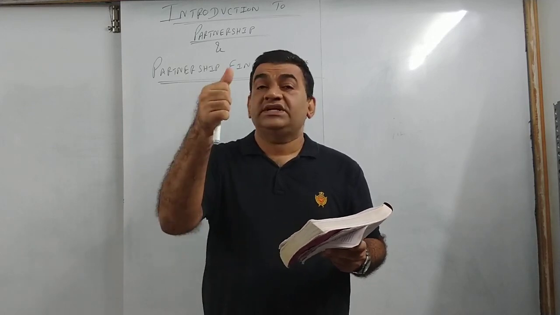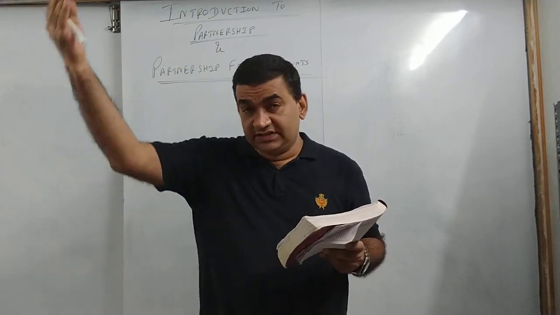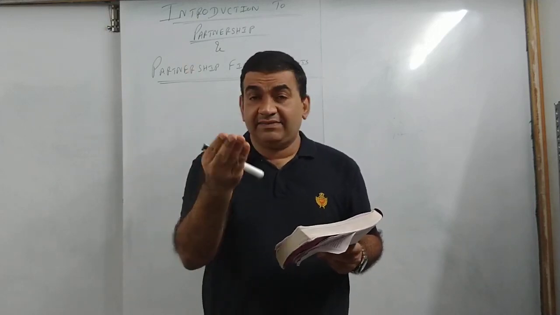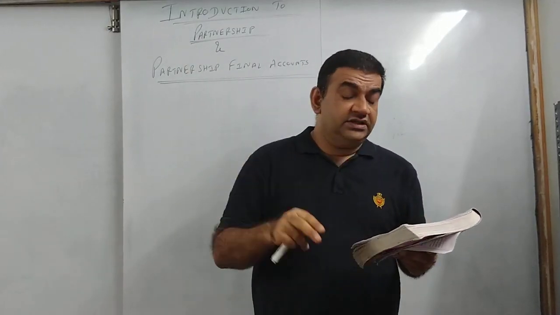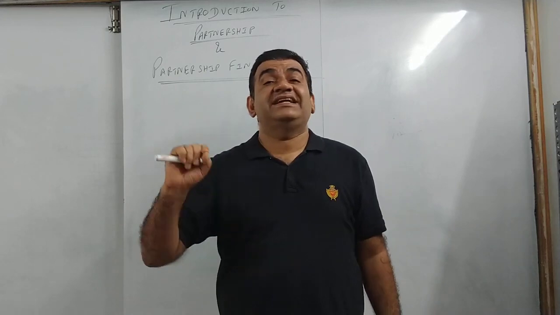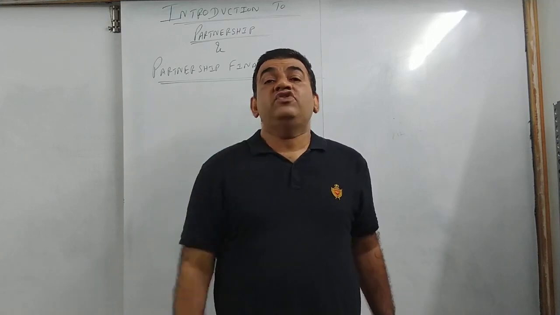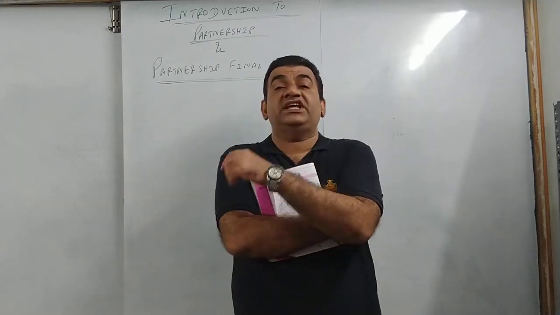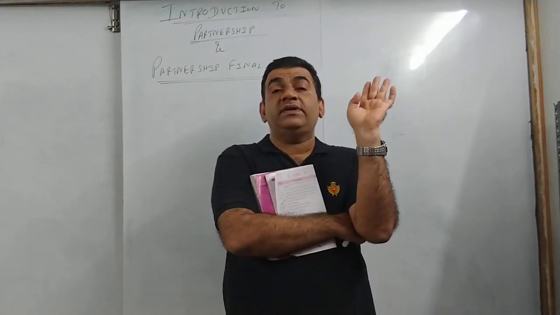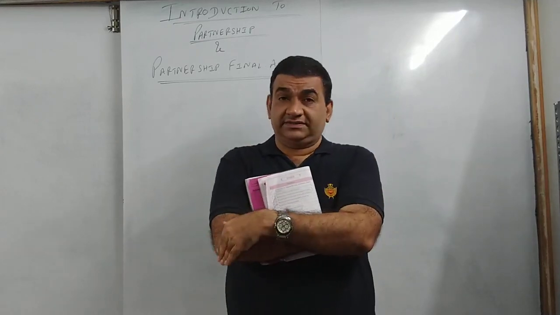That means what? What is the name you have decided? Who all are the partners? Suppose there are 5 partners. Full details, name and addresses of all the partners. Capital contribution, as I mentioned, who will contribute how much. Profit sharing ratio. Profit sharing ratio is the ratio in which profits or losses are divided. Say for example, there are 3 partners, A, B, C. They have to decide in the starting what will be the profit sharing ratio. If they say equal, okay, whatever is the profit, divide equally between all 3. What is the loss? Divide the loss between the 3 partners.